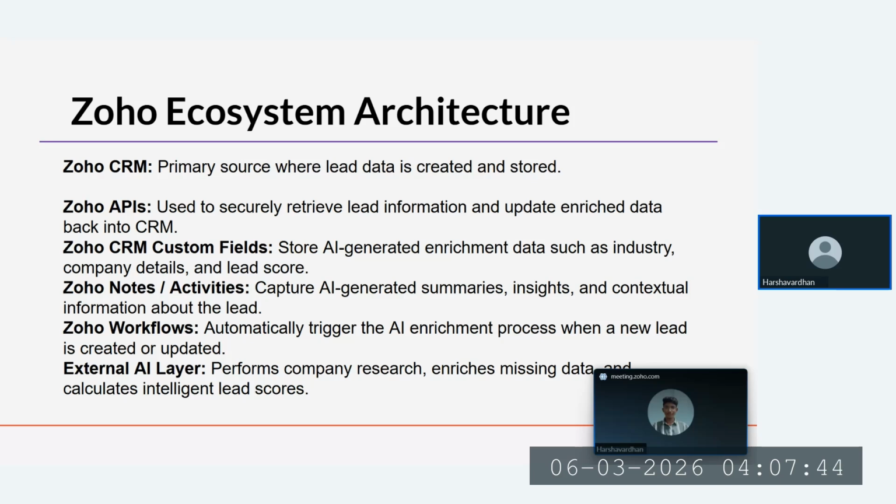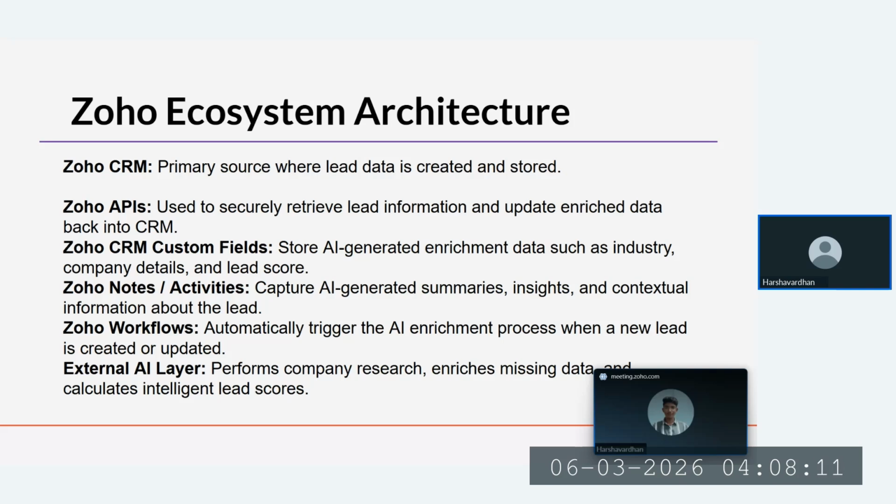Using the workflow rules in Zoho CRM, it will trigger the master route of the lead enrichment AI, which will retrieve the data of the company, and then the whole flow will happen, and then it will be updated to the Zoho CRM record. This is one way of triggering, in which whenever a new lead is created,